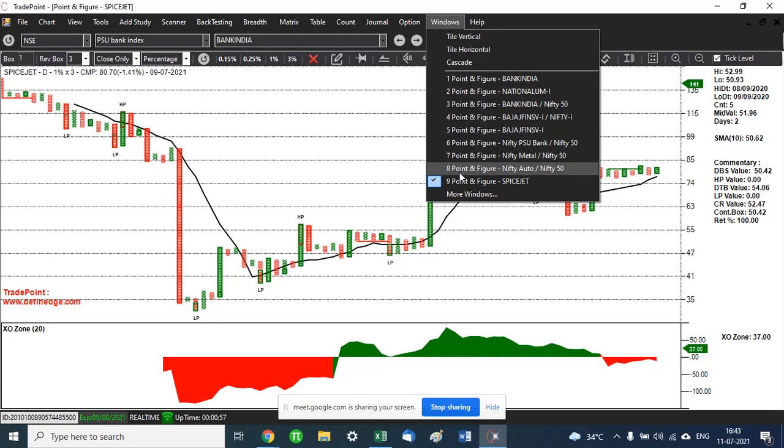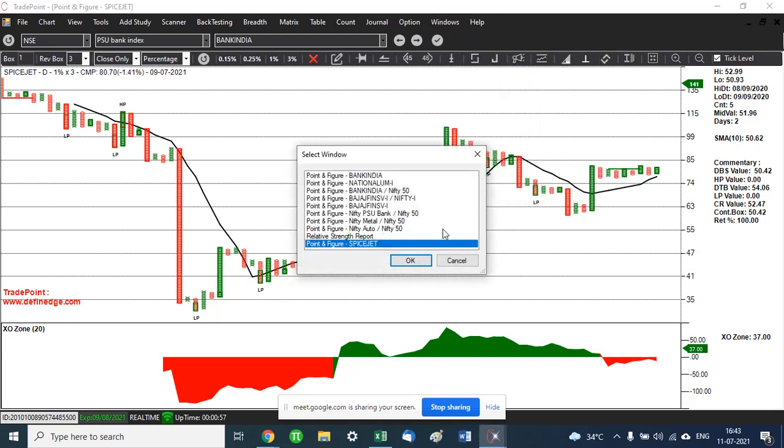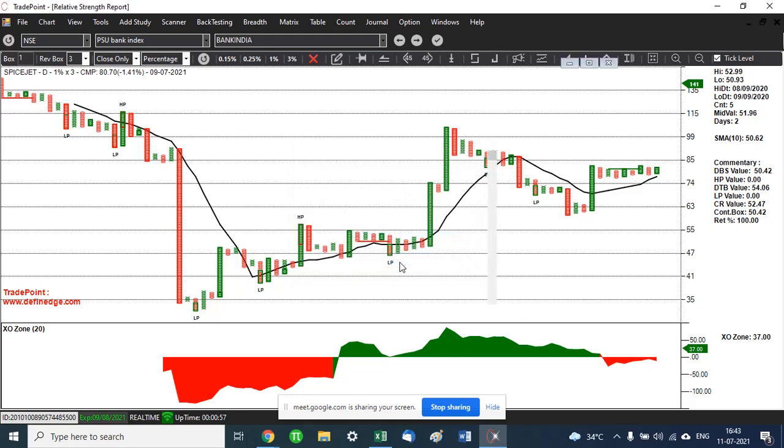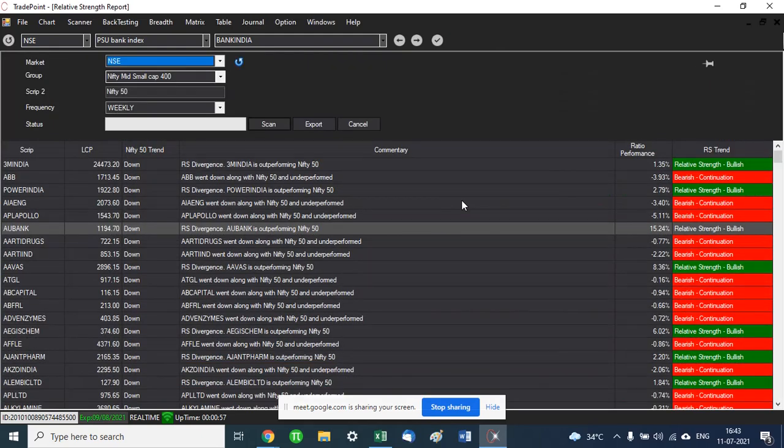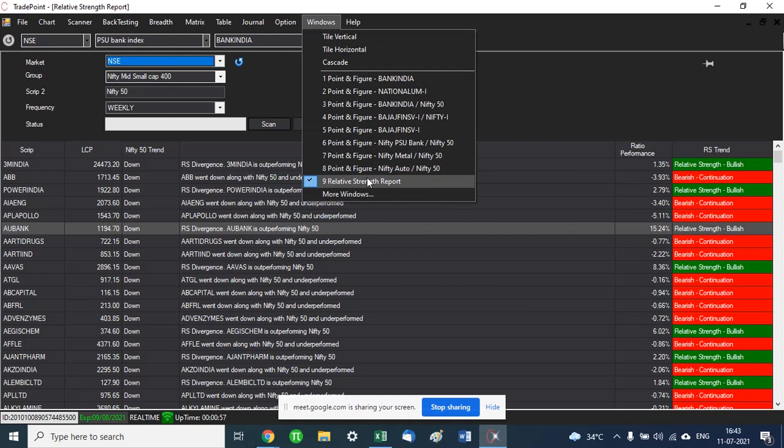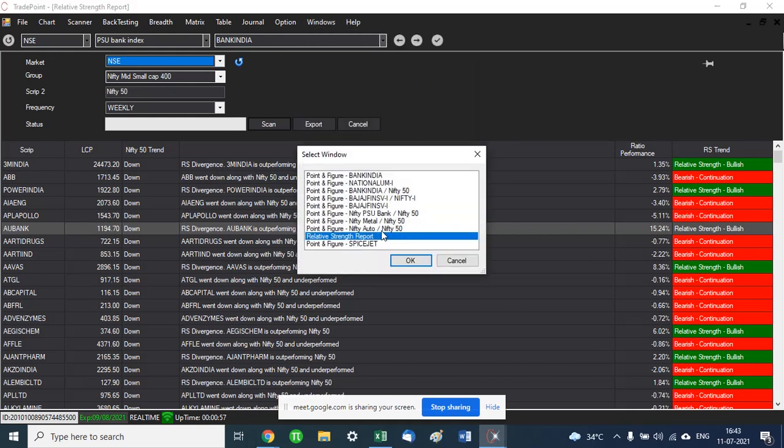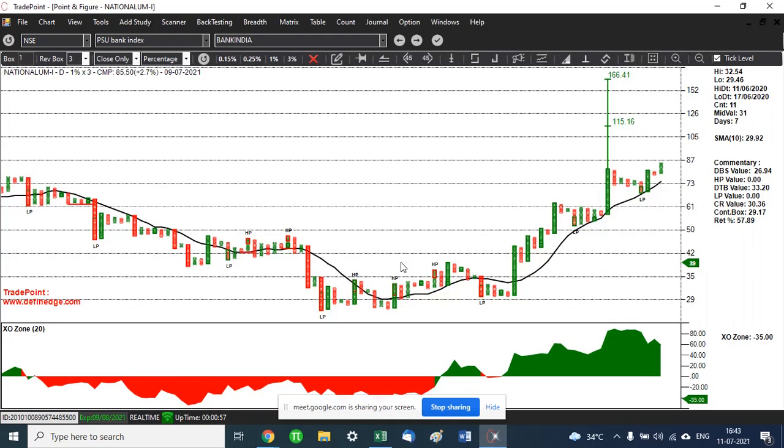Nikunj, for these anchor columns, there are two targets which we saw. With what logic do these targets come out in the software? This is generated by the software. We don't need to know the logic for it, because that is the work the software is doing for us. See, TradePoint is a beautiful software. Prashant and his team have really put their brains behind working on this, and they have designed a lot of programming logic and given us a lot of features. In fact, today I can't even cover half of the features that are there in TradePoint. It is such an extensive software. So certain things we can rely on the software to manage for us.